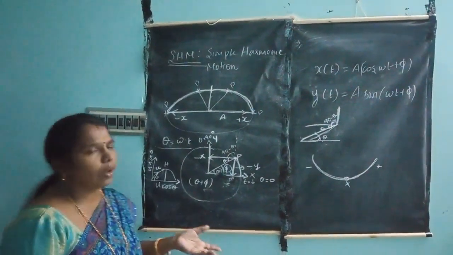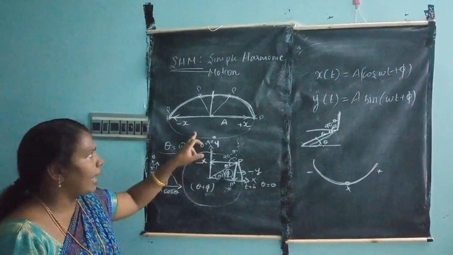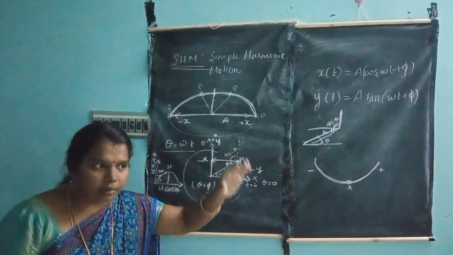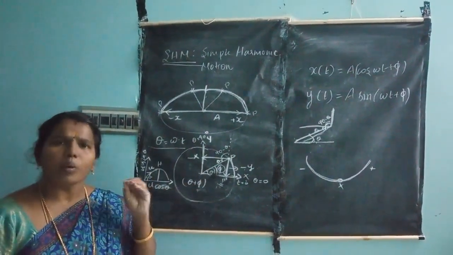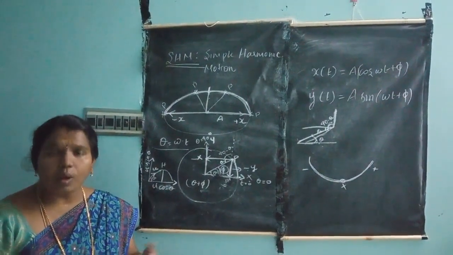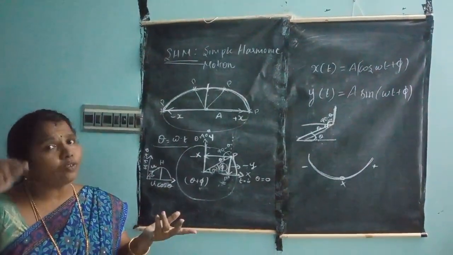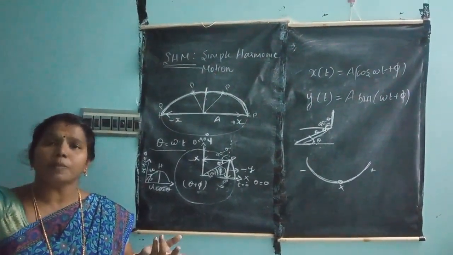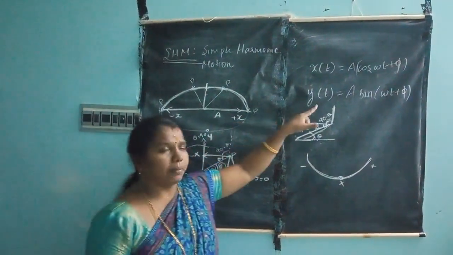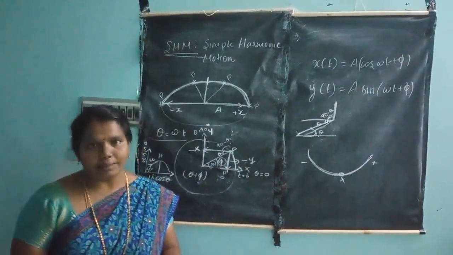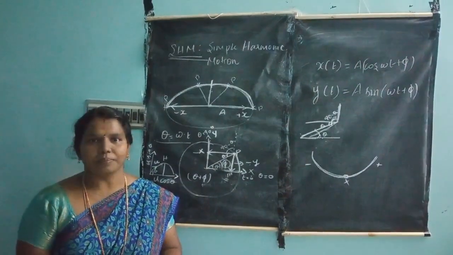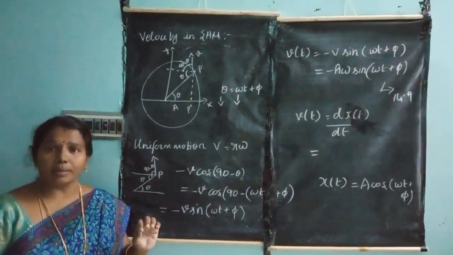The next topic we are going to see is the velocity. I am saying the particle is rotating about its horizontal plane. So what is the velocity? What is the acceleration? What is the displacement? To find the displacement, the maximum displacement is the amplitude. So what is the A term? These things you are going to see in today's class. Yes, students, the next topic is velocity.